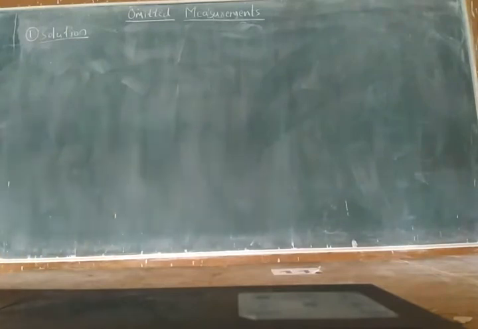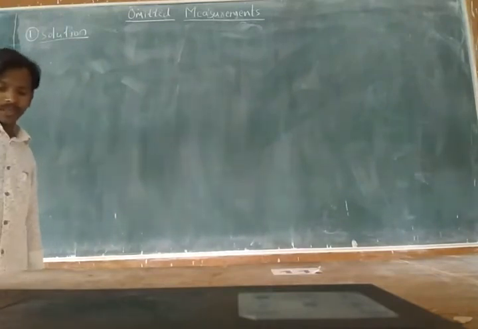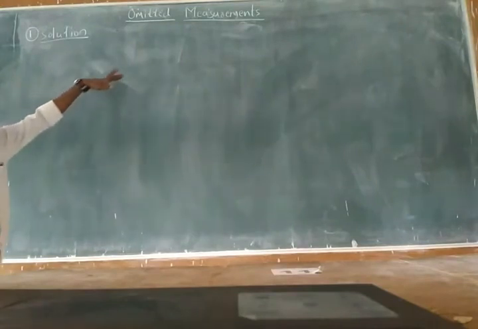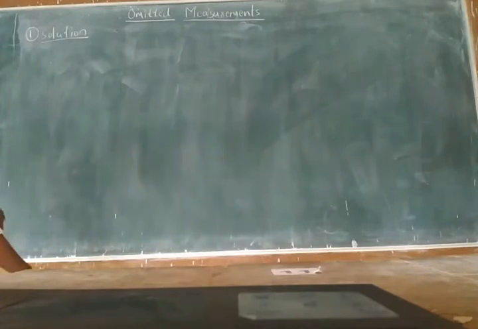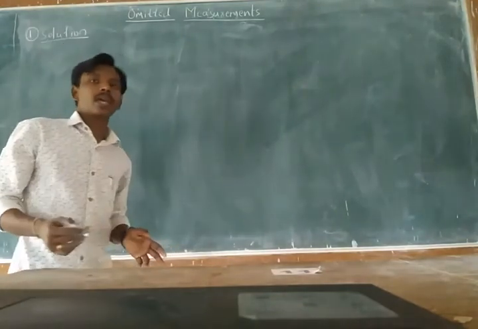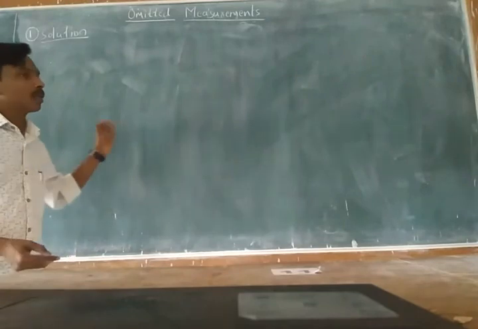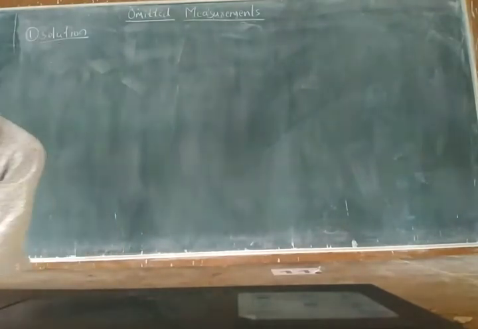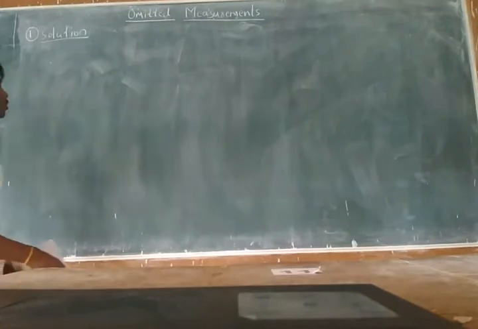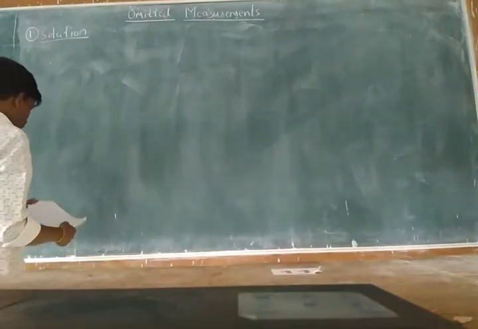Solution. So we know the length and bearings of lines which is given in the question. So we need to calculate the latitudes and departures, or else we can apply the closed traverse principle. So for applying that,